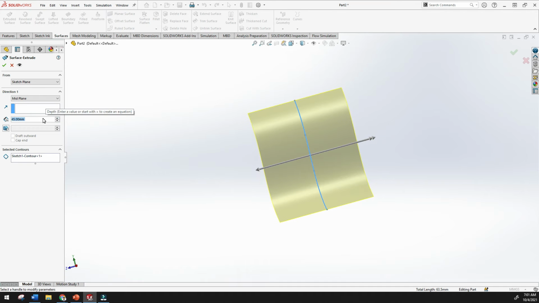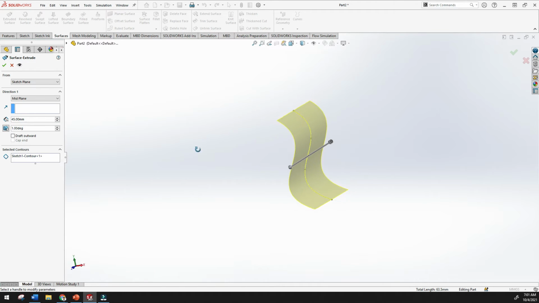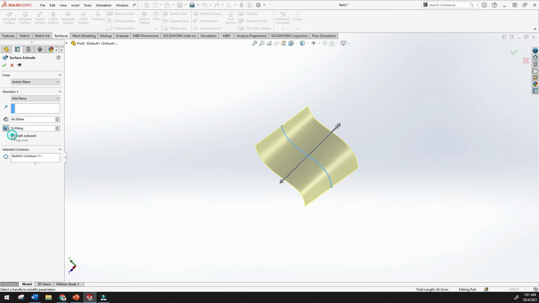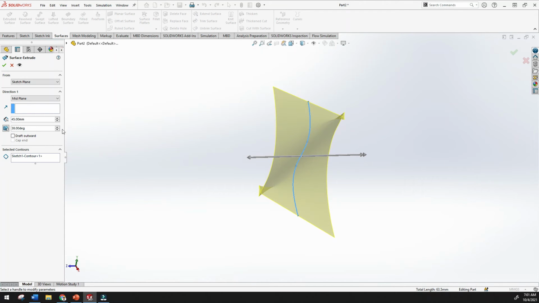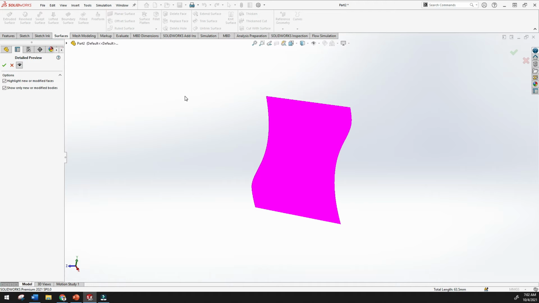You just have to give the distance, and here is also the option to draft outward or inward. So how does the draft work? Okay, let's click yes. Here you can see the detailed preview. Once you click this, you cannot see the preview.